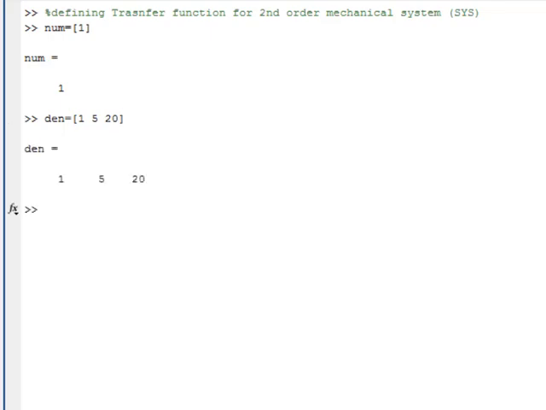So we will write this as denominator coefficients. So let us write a transfer function of a system. sys is the variable which is used to define the system. Let us say the function that we are going to use in MATLAB to define a transfer function is tf, which gives us a transfer function.